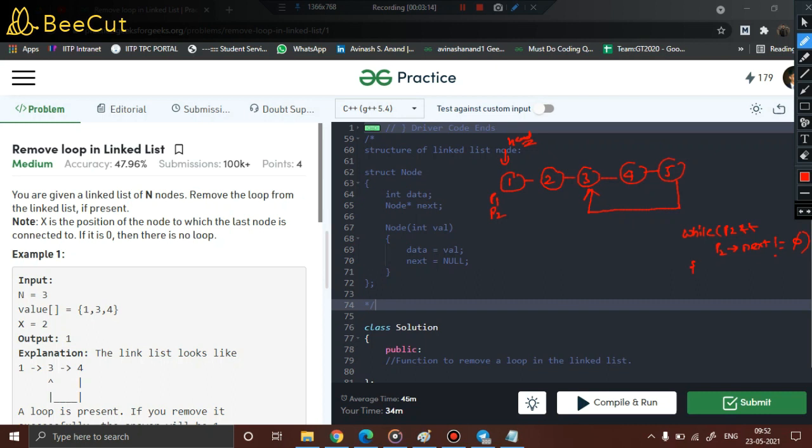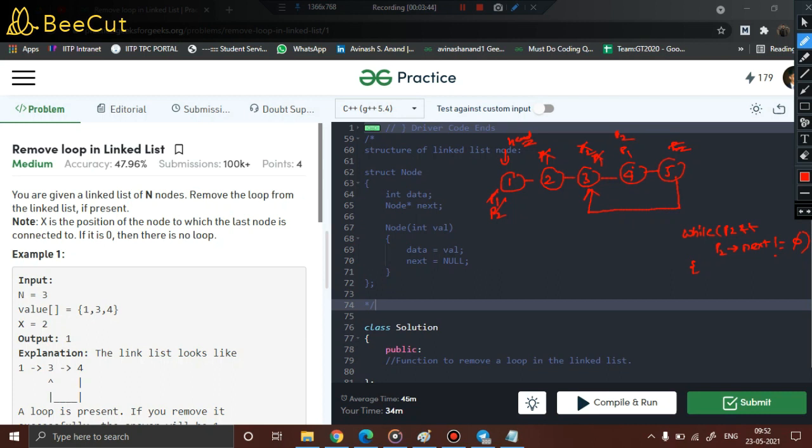So what will we do then? We will move p1 by one step and p2 by two steps. So what will happen now? P1 comes here, and p2 comes here, because p2 took two steps. Again p2 is valid, p2's next is also valid. So p1 takes one step, p1 comes here. P2 takes two steps, so p2 comes here, right? Again p2 is valid, p2's next is also valid. So p1 takes one jump and p2 takes two jumps. Two jumps means the first jump it comes here, the second jump it comes here.